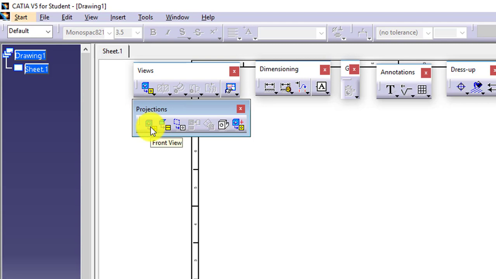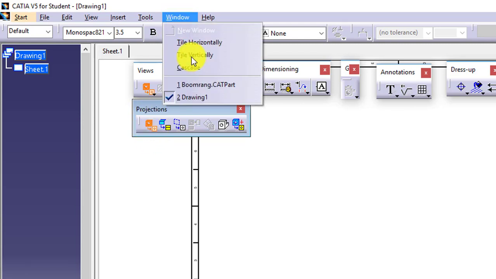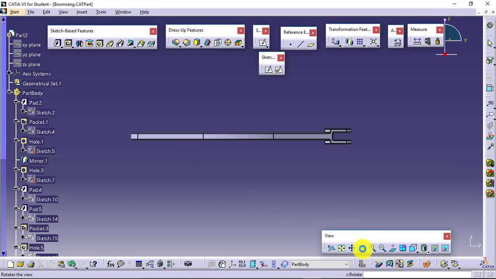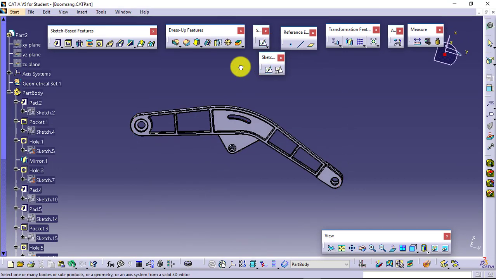To place the front view or the first view, you will need to select this tool and you will need to go to the model. So for that, just keep this activated and go to Windows and select the CAT part or CAT product file which is already open, for which you want to place the drafting. Go to that, and in that you will have to select the view. You will have to select the orientation, which view you want to keep as front view.